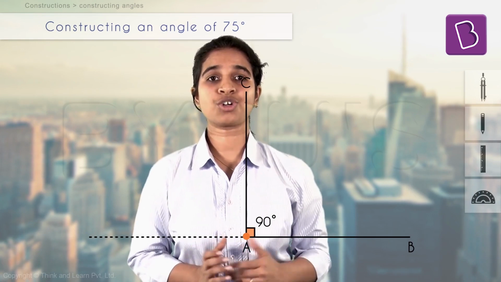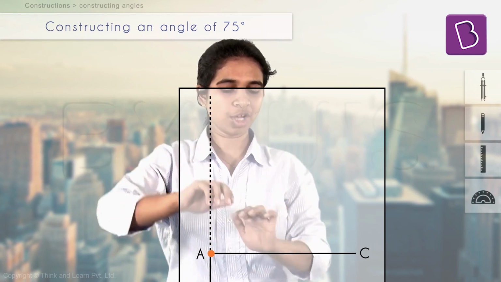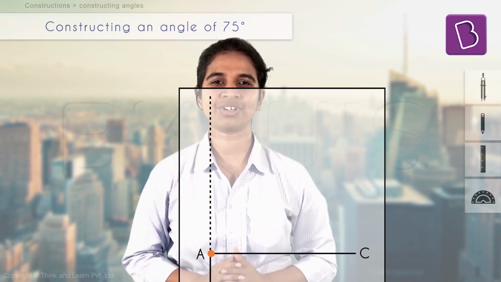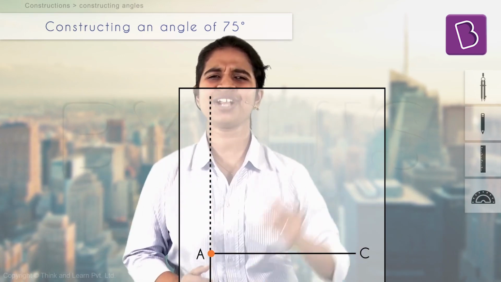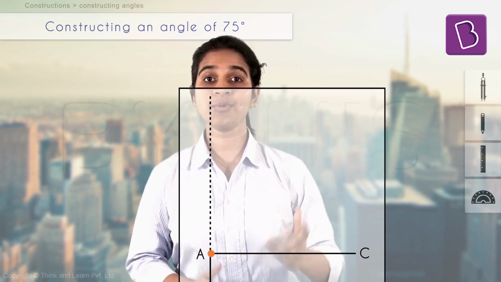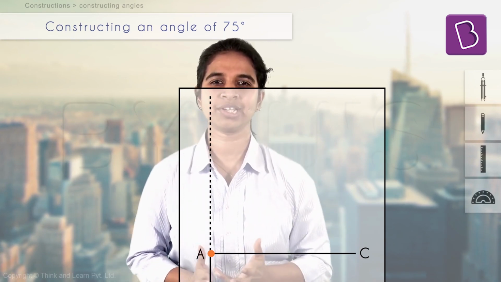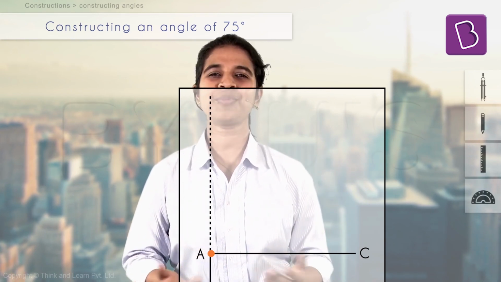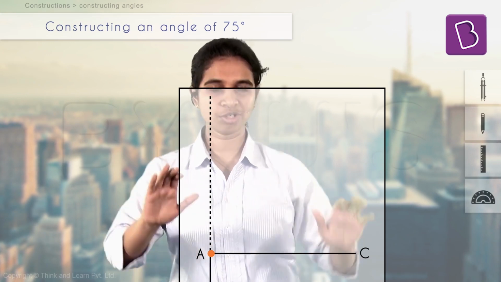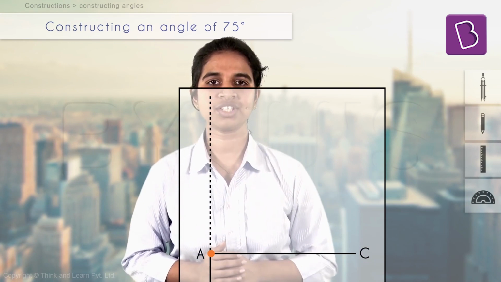So if you're drawing it on a book, the easiest way to do it is just turn your page so that AC becomes horizontal. It's easy to imagine that way, right? Why do you want to stretch your imagination when physically it's easy to turn the page? Correct? Some of you who are great at imagining will be able to imagine and draw it without turning the page. When it's easier to turn the page, why not turn the page, right? So you turn the page, AC becomes horizontal. Now very easy. Just draw an angle of 60 degrees from AC.